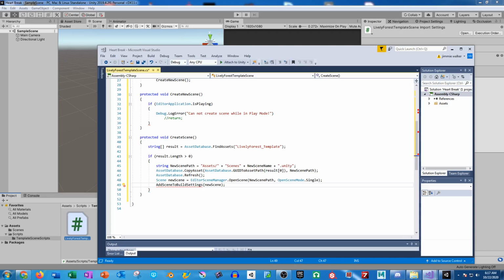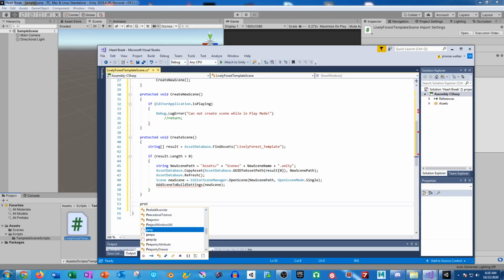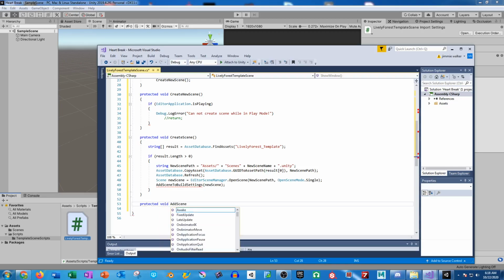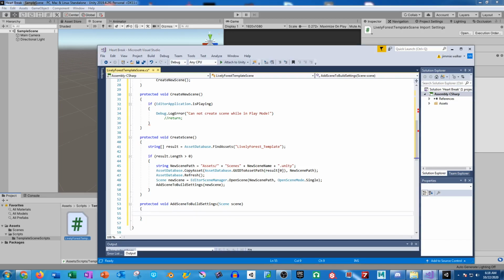So let's create a new method group for this little guy right here. We need another protected void, and this will be AddSceneToBuildSettings. And this will take in the scene, and the name of our variable will just be scene. Easy. And so from here, let me think about this for just a second, because what we want to do is